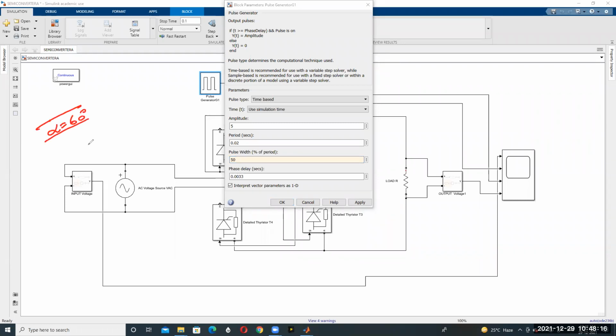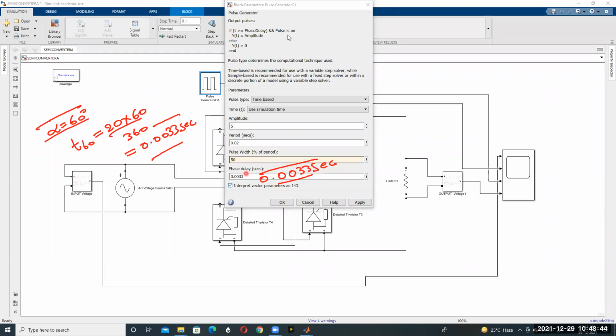For alpha equal to 60 degrees, the time is 20 into 60 divided by 360, which is equal to 0.0033 seconds. So that's why we have to give the triggering pulse for thyristor G1 at 0.0033 seconds, with respect to 60 degrees.